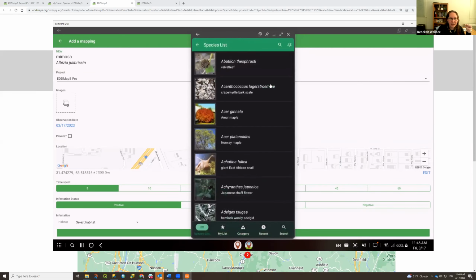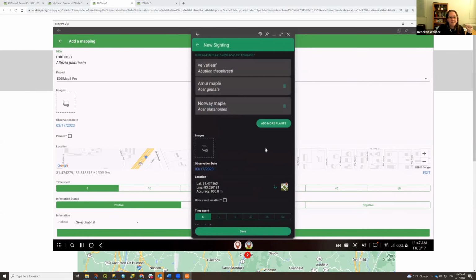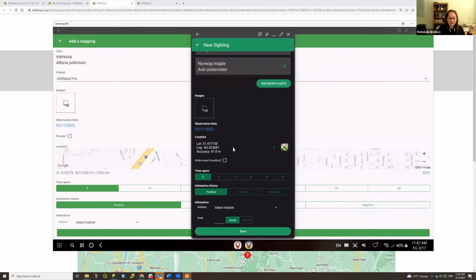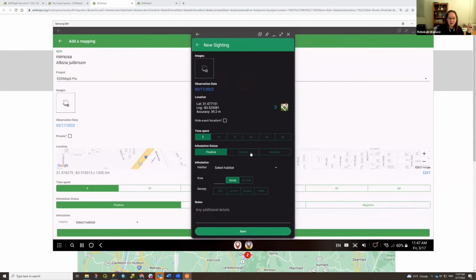If I add more plants, all of the images are replicated across all of these records. So this Norway maple record will have pictures of velvet leaf, will have pictures of Amur maple, and so forth. All of the information, the time spent, the status, the habitat, the area, the density, all of that is replicated across those records.